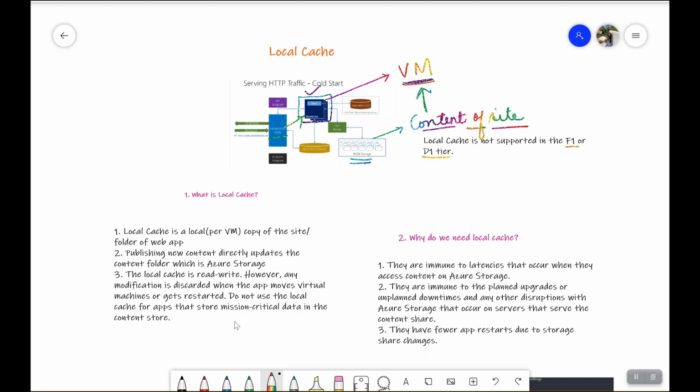However, the publishing activity or the new published content will always go to the blob storage. It will never go to the VM. Now, the local cache is periodically refreshed from the blob storage accounts so that we get the latest content.